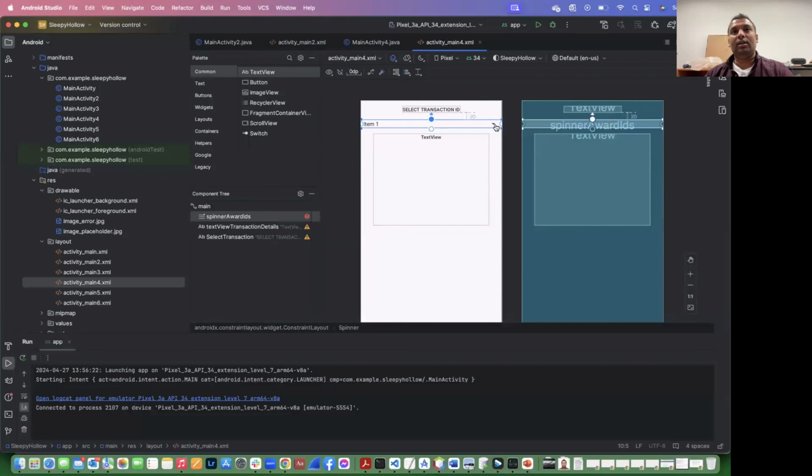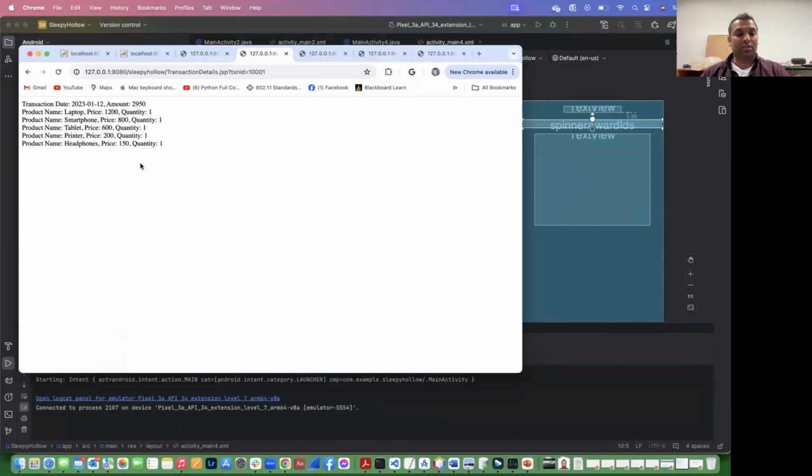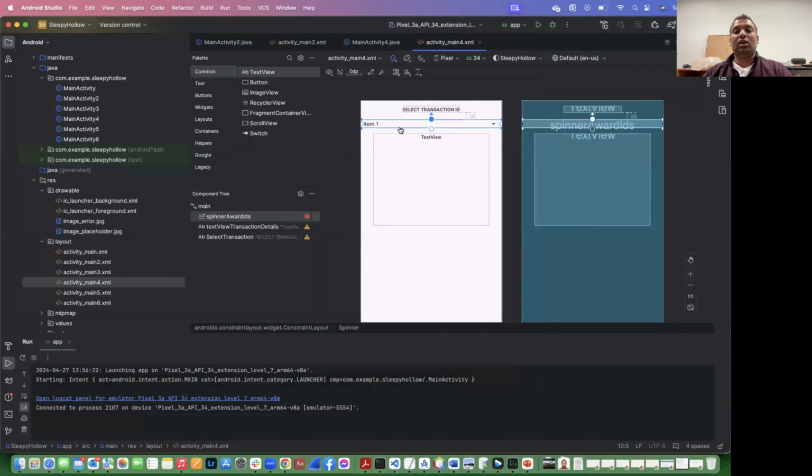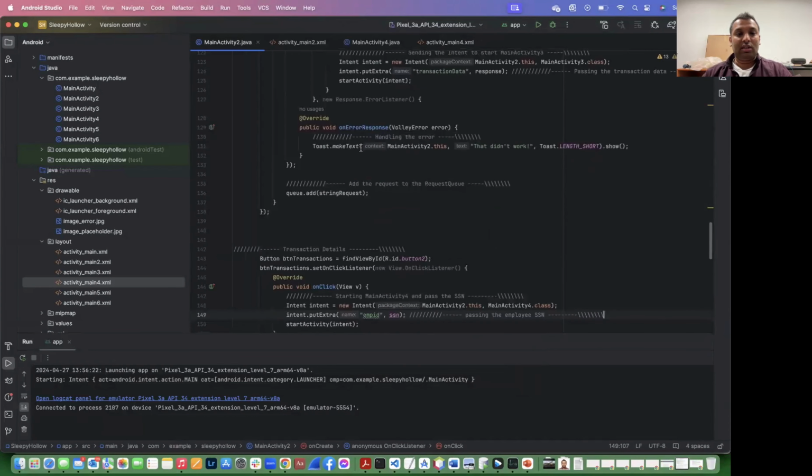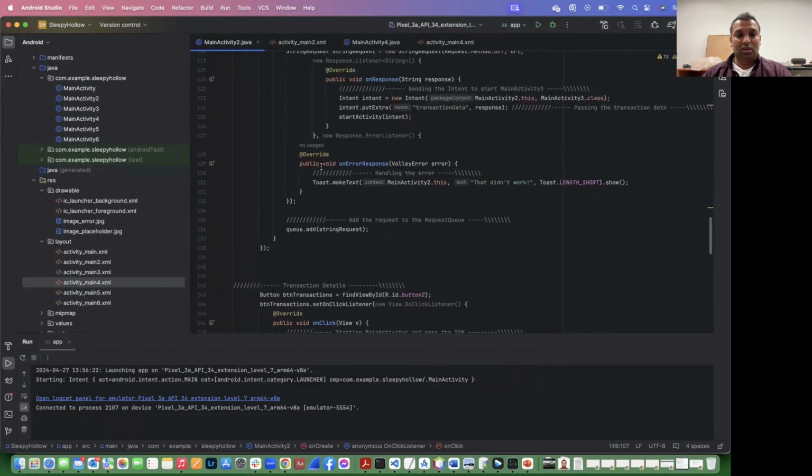If I had put more than one transaction on a specific employee, we could see many transaction IDs, and based on those transaction IDs, when we select the item in a spinner, we could see the different details in the transaction text view, all the transaction details like this one. But I remember we use only one transaction ID per user, so we can see only one transaction ID of the user. So what happens here is, in a transaction, let's go first to,